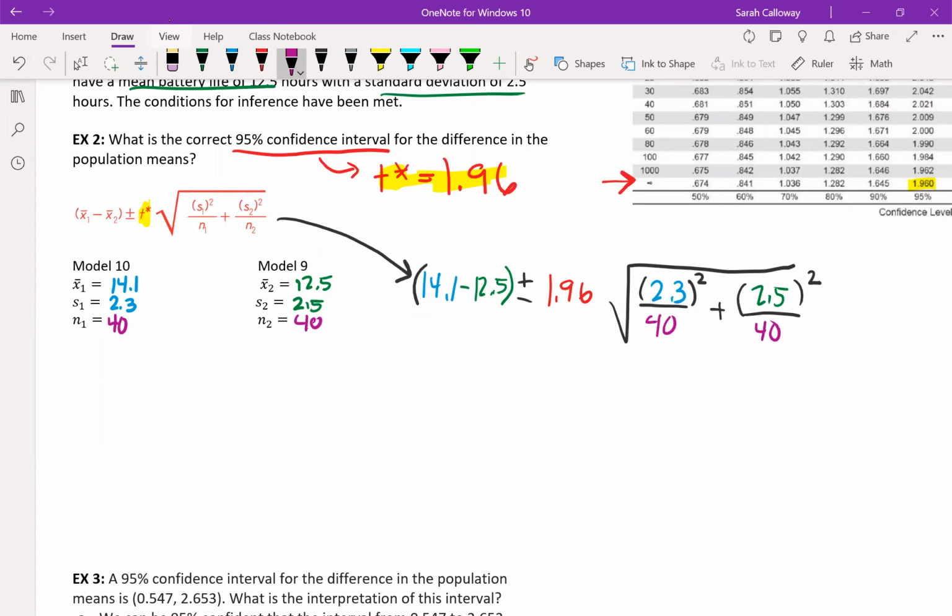So what we've got then is this plus or minus equation. Again, because it's a plus or minus, we want to simplify the individual things separately. So first I'm going to do this subtraction piece. 14.1 minus 12.5 is 1.6 plus or minus. I'm going to leave the 1.96 right now and just calculate this part under the square root. So I take the square root of 2.3 squared divided by 40